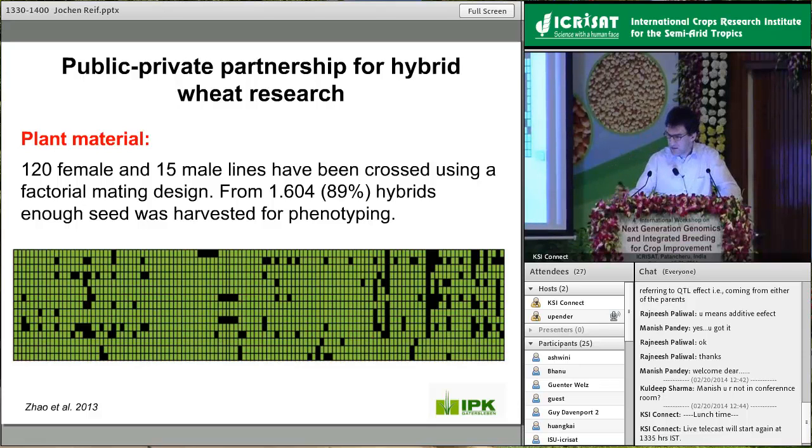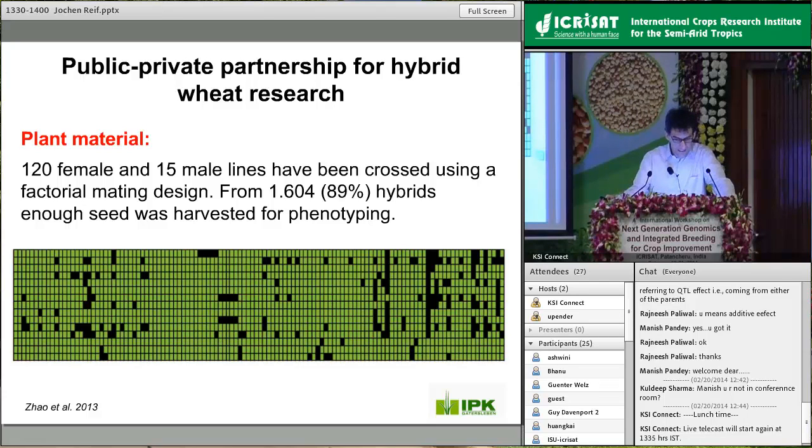At the end of the day, we came up with a list of 135 lines: 120 female lines, which are a little bit shorter, and then 15 male lines, which are a little bit taller and open flowering. We selected this panel of lines using nearly all elite materials of the 4 breeding companies and conducting fingerprinting using microsatellite markers. Our intention was then to maximize the diversity in that panel of parental